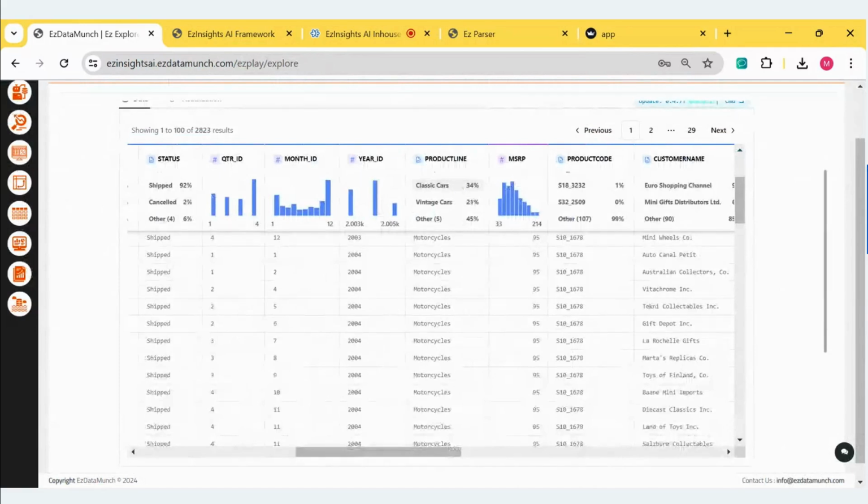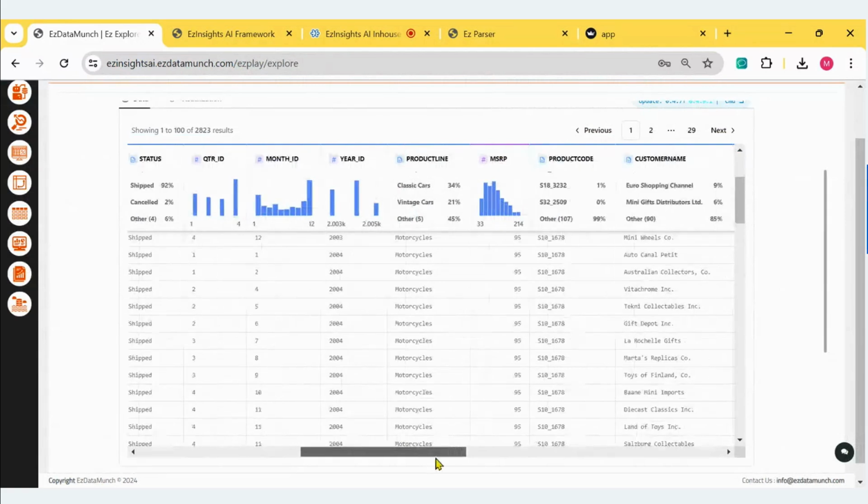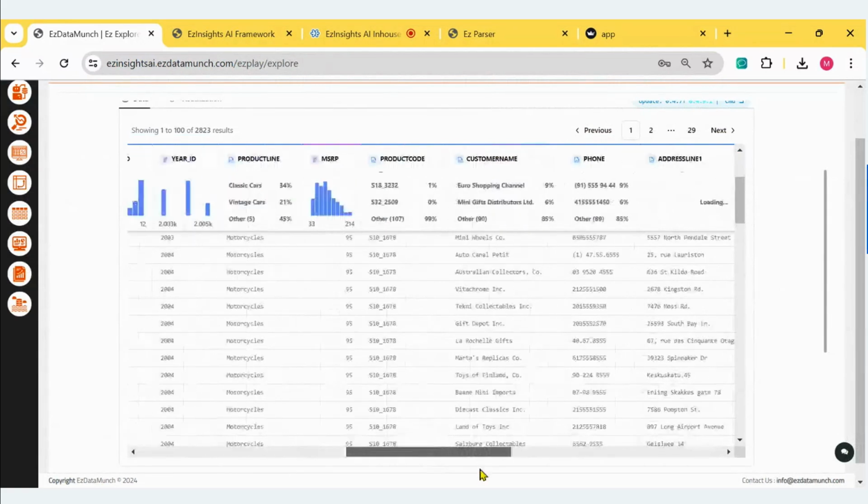And that kind of validates the assumption that you will know about your business, that typically we sell more classic cars versus vintage cars, right? So it validates the assumption that your data is directionally correct and the transactions are showing what you're supposed to see, right? At the same time, if there are any empty values somewhere, so for example, you see empty values